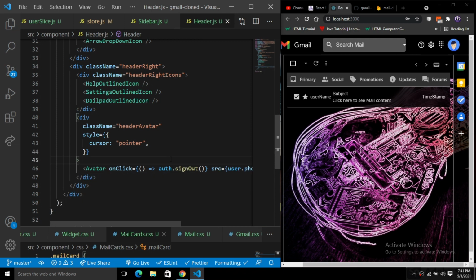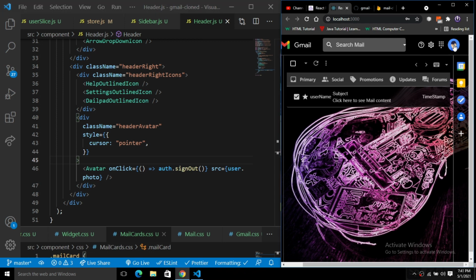So when I save this, let me refresh the page. Now you can see when I click on this avatar, we should be logged out from this application and back to our login page. Okay, I think we are not logged out here. Let me check where this issue comes from.